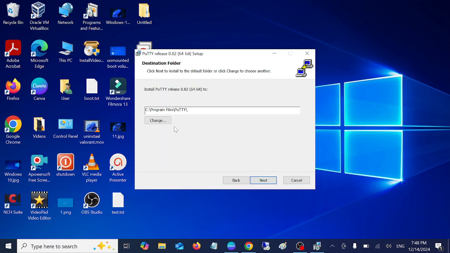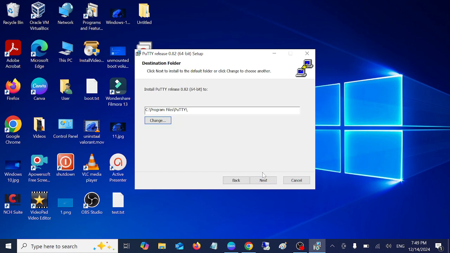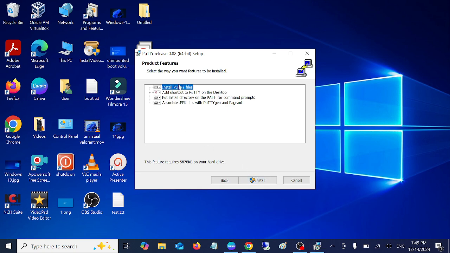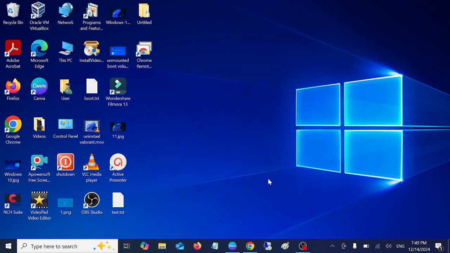click on next. If you want to choose the location of the installer, you can choose the location, but I'm leaving it as default. Okay, next. All the things I'm going as default. You can see here the entire feature will be installed on the local hard drive. Just select that option. Next,